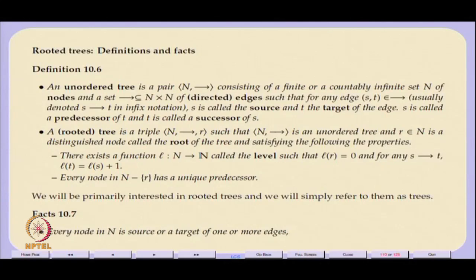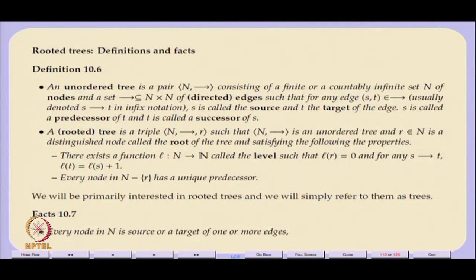So, we will look at a rooted tree. A rooted tree essentially consists of a set of nodes N and an edge relation, which I will represent by an arrow, and of course, a distinguished node called the root. Such that every node other than the root has a unique predecessor, and there exists a function called the level function, L, which for the root gives you a 0, and for any given edge from S to T, where S and T are both nodes, the level of T is 1 more than the level of S. Okay. So, the fact that L is a function and the fact that you have an exact notion of successor and predecessor essentially make it clear that this rooted tree